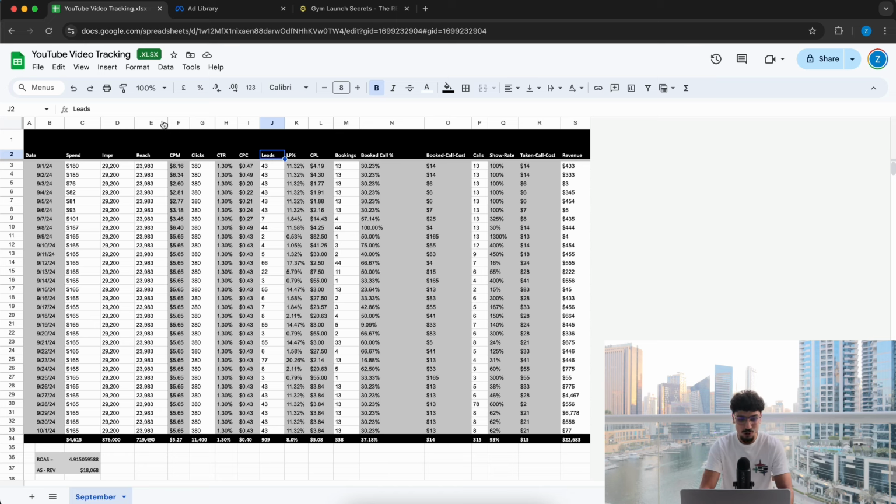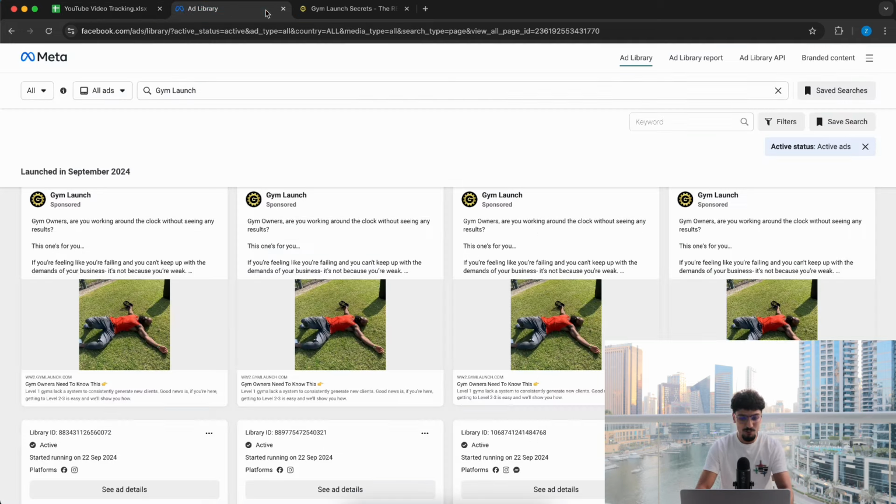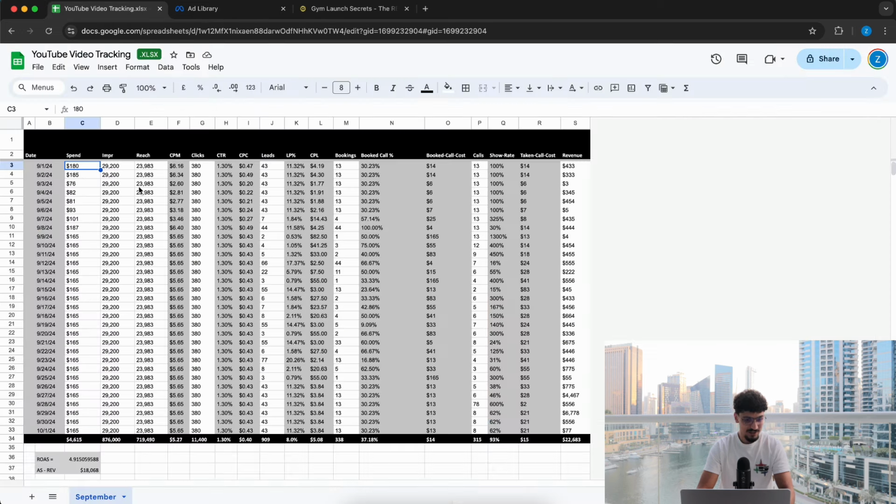This is exactly what we are going to be tracking. Firstly, how much are we spending per day? And for this example, we're going to be using Gym Launch. So Gym Launch, as an example, let's say with these numbers, they're spending $180 a day. This is their cost per mil, so cost per 1,000 people to see their ad, how many clicks they're getting,